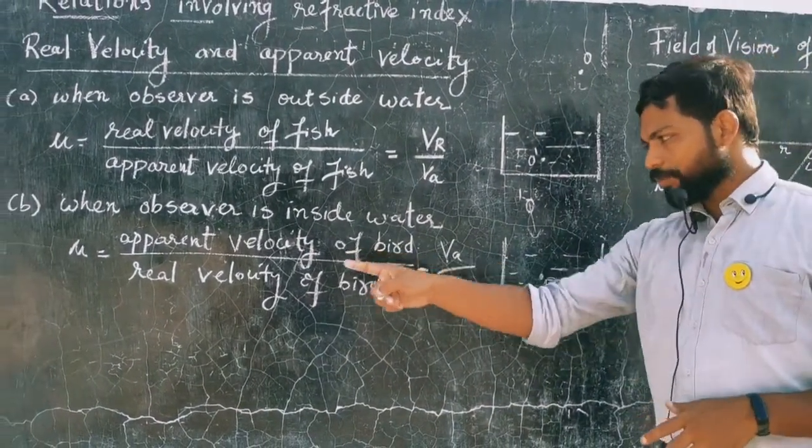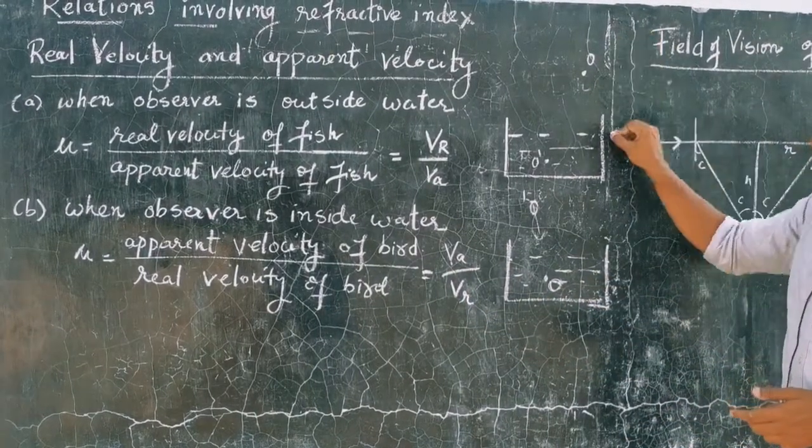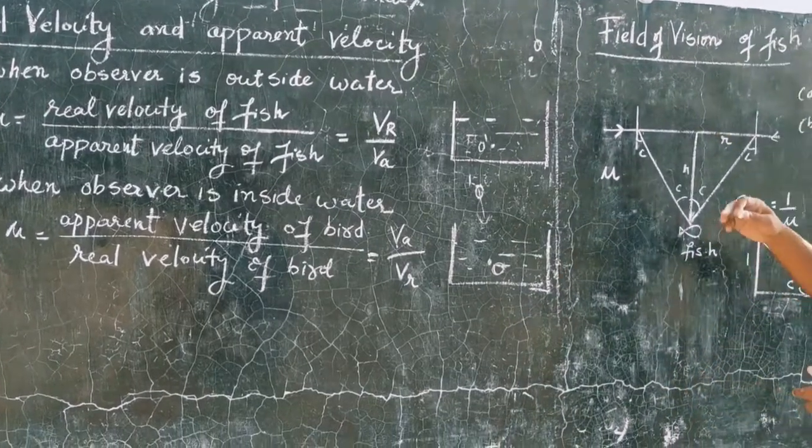So going with that relation, mu is equal to VA by VR. Okay, right? This is about velocities. Then we will see,